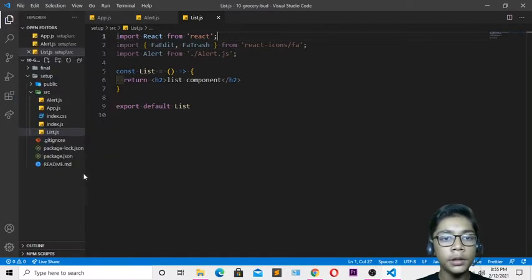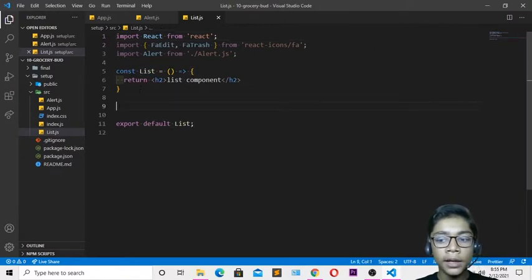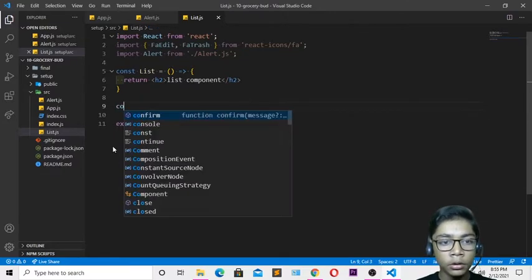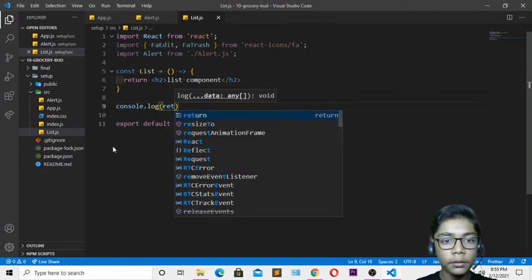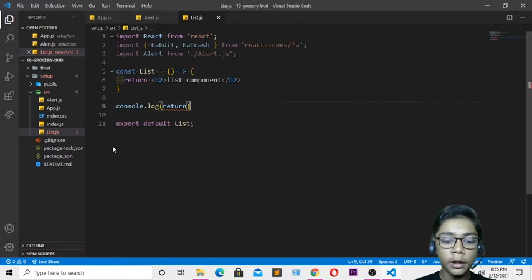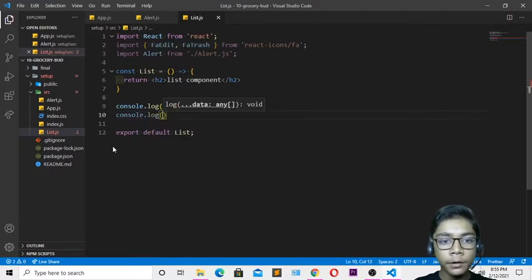Now you have to hit save over here, and you can see we have defined all the things which we have to define. I will be writing a closing tag over here also. Then you have to come over here and press backspace, and I will be writing another thing which is called console.log, and the console.log I will be defining of return. So I'll be writing return. Then you have to come over here again and I will be defining console.log which will be of confirm. So I'll be writing the confirm tag.